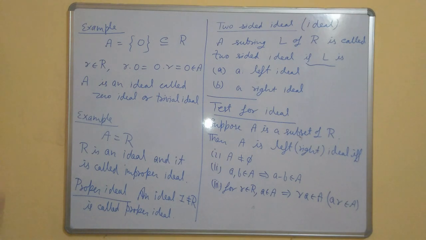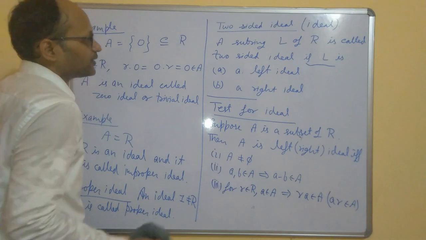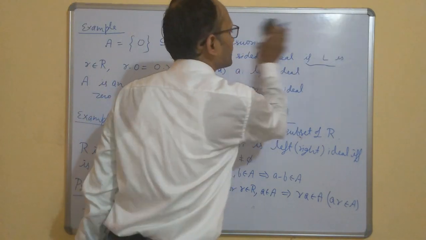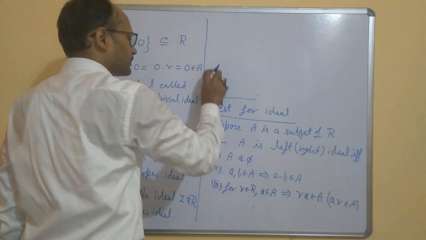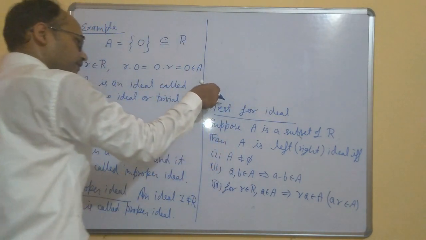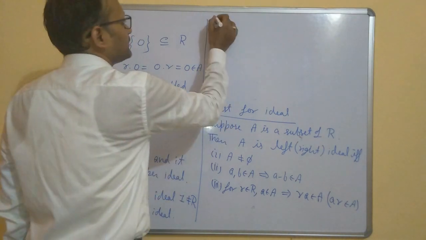So these two ideals will always be there in any ring. There is no problem. These two ideals will always be there in any ring. Now, another example,